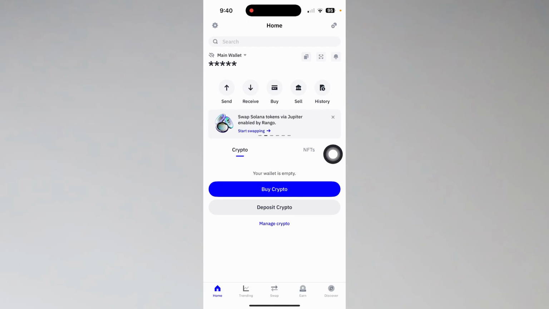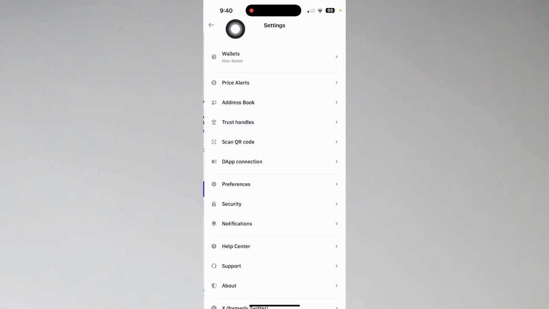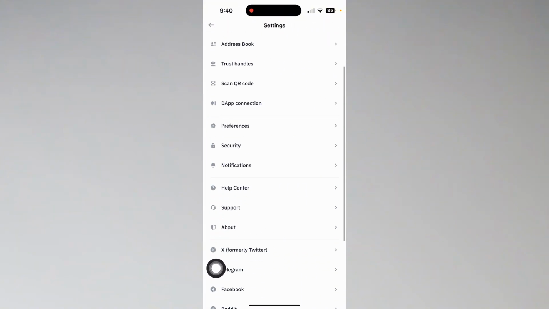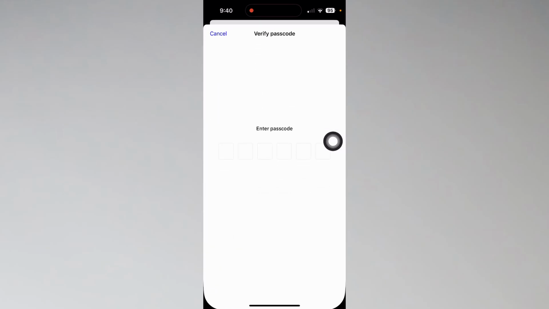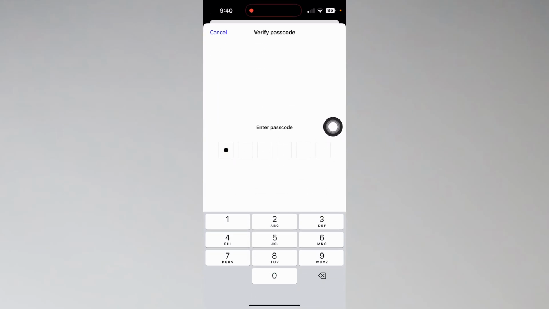Now you can just tap on this gear icon at the top left corner. Here it is, you can find it. Now from here you can just go to the security, and from here you just need to enter the passcode